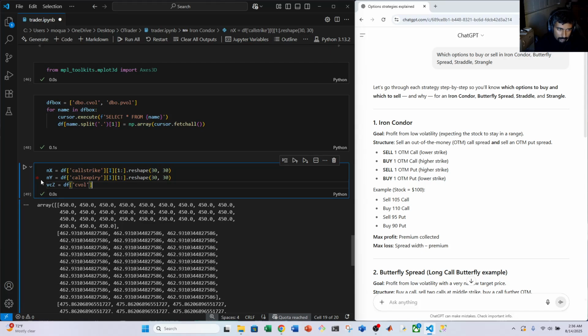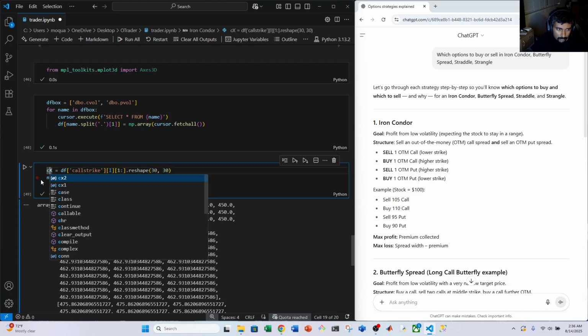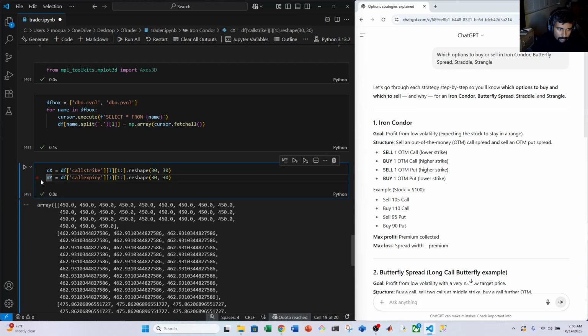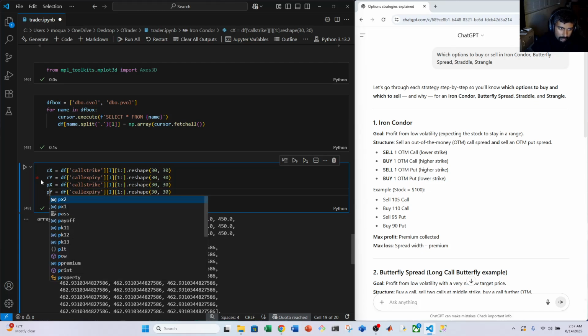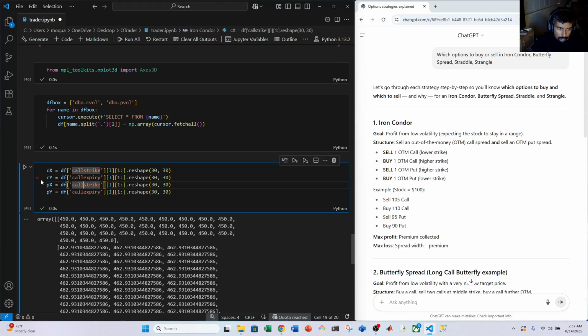Wait, I should do put options too. This is what I'm gonna do. I'm gonna call this CX, CY, Control C. I'm gonna do this as PX, PY. So this will be put strike, put expiry,